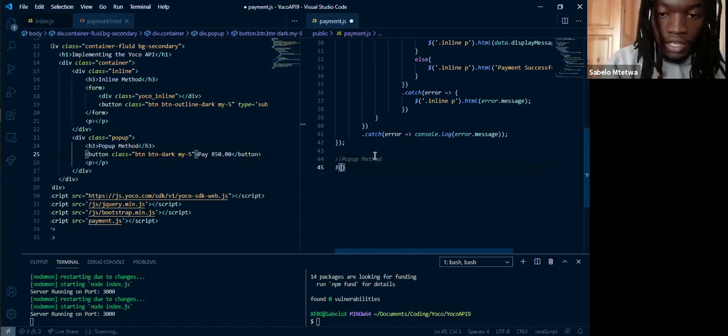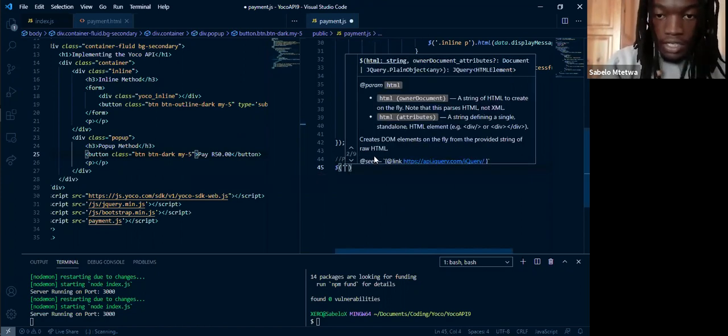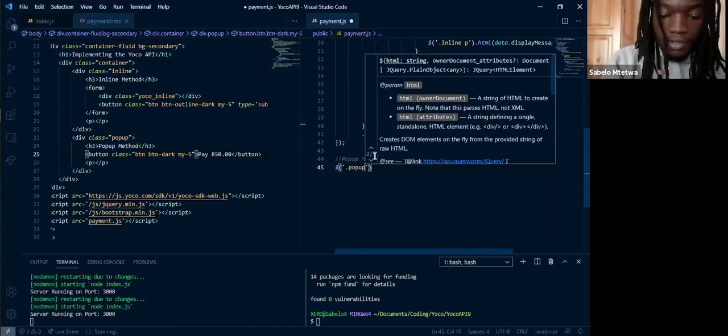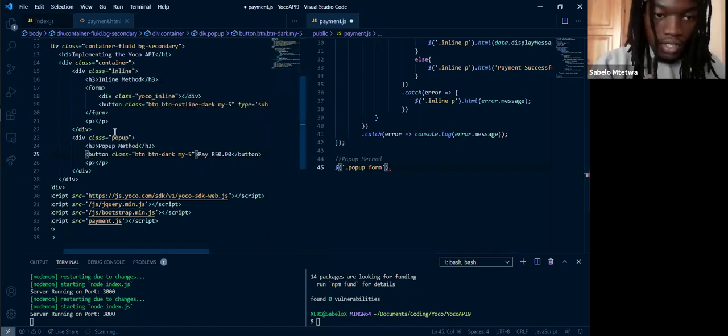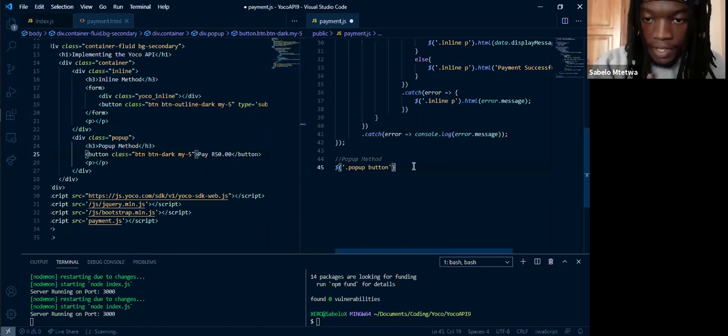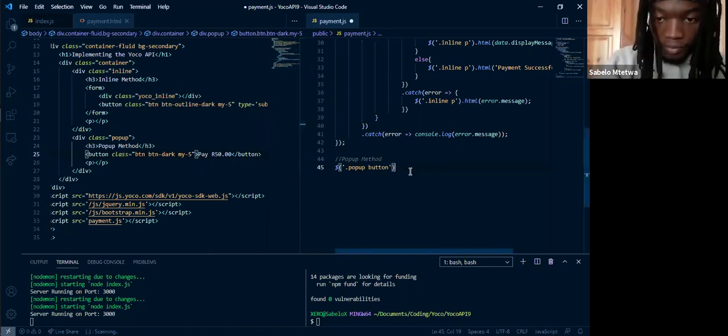So I'll listen for an event under pop-up button. Let's say when you submit the whole form, okay, no, let's actually do the button. So when you click this button,